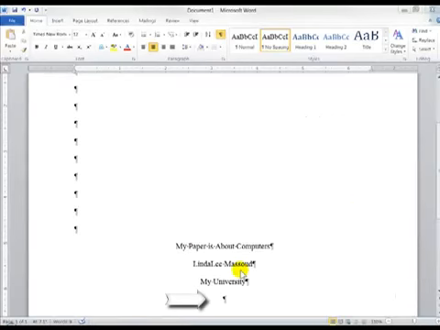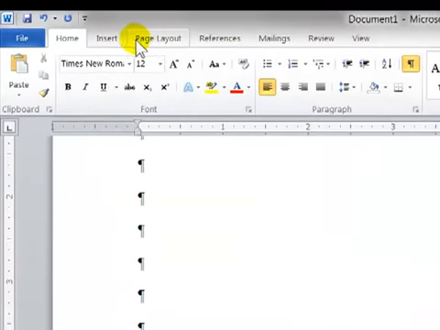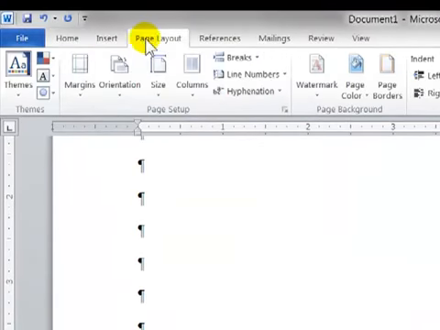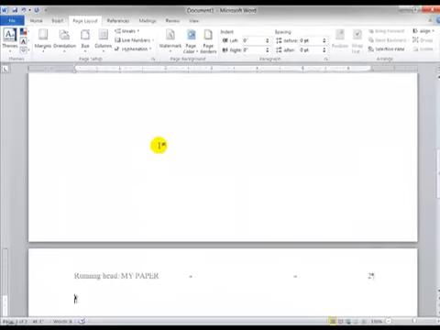Here I'm on a new line. It's still centered. So I'm going to change it back to left aligned. Then I'm going to go to page layout, breaks, section breaks, you see here, section breaks, next page. I have to get back into my header, just double click,